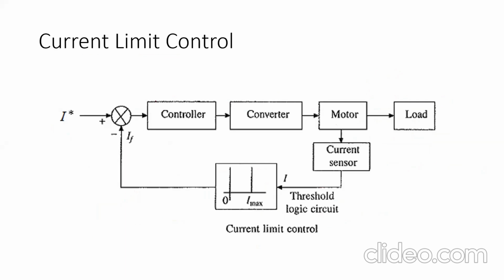The first closed loop control technique is current limit control. It does work similar to a 3-point starter or 4-point starter or DOL. See, current limit control is an algorithm. It is just a program. It will do the same work as these devices. Because in drives, I will show here.